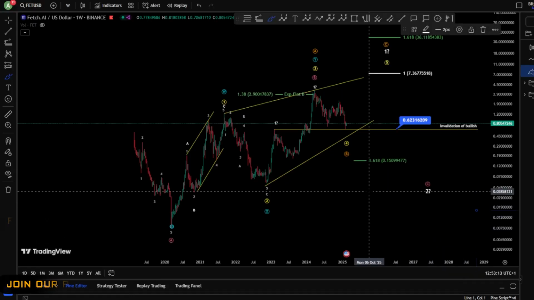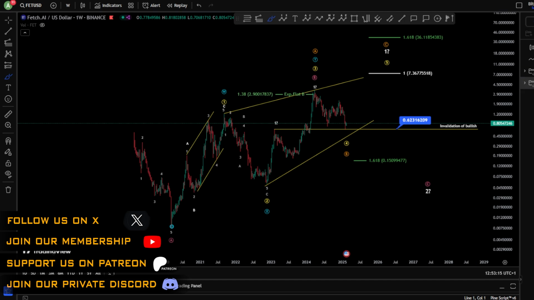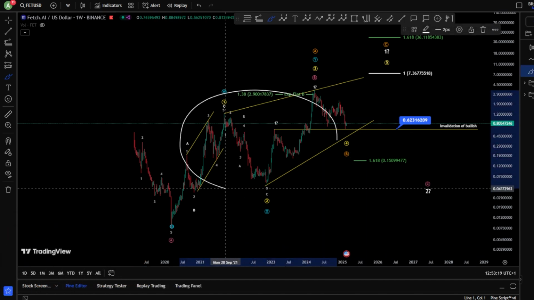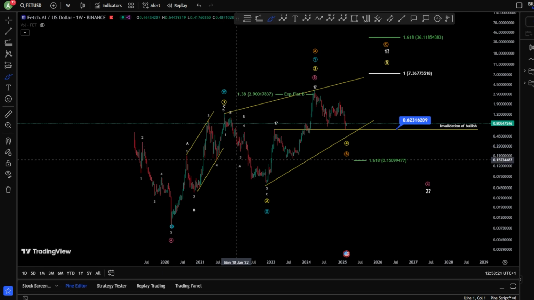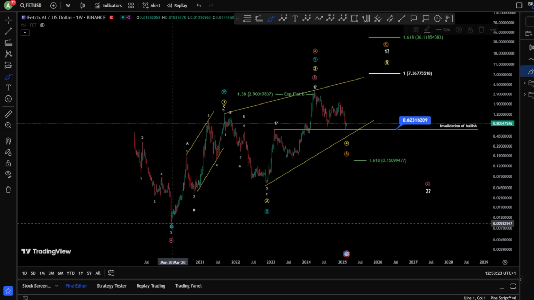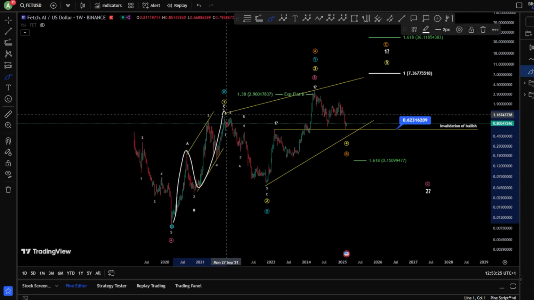Hello everyone, welcome to a new video for FET price prediction based on Elliott wave analysis, starting on the weekly here for an overview for the bullish and bearish scenarios. We have for the bullish, of course, an A, a B, and a C probably here for a leading diagonal